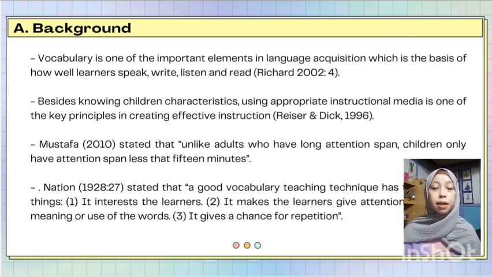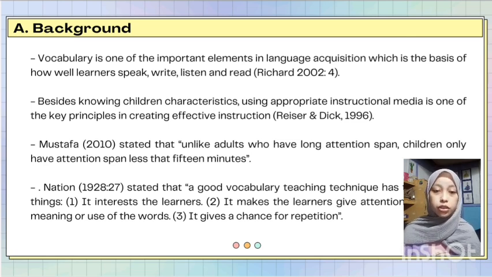So English for Kids application is a simple and fun application that provides several features for learning vocabulary, including images, audio, and also various games. By these various features, it allows children to be more interested in learning vocabulary and can also practice vocabulary knowledge through the games provided. Teaching vocabulary to young learners can be applied in various ways.